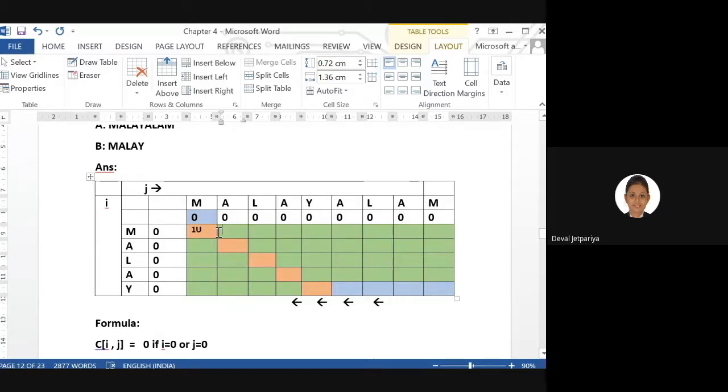Now at this particular level, first tell me what is the input of row and column. I'm simply asking input. Very good. Okay. So is there any matching? There is no matching. So what you need to see in case of no matching? You need to see its left hand side value and its above value. In between both the values, whatever is the maximum that you need to write. So which one is maximum? Can anyone tell?